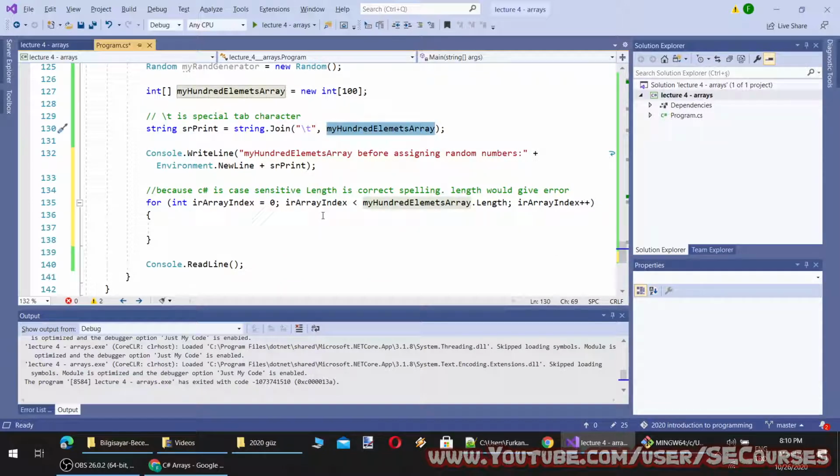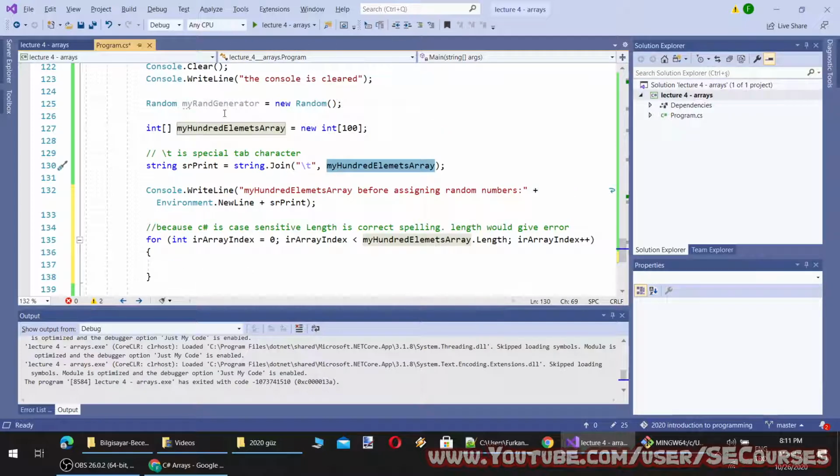Therefore, I can access each element, each index of my array, and I can assign a new random number to it. So let's first generate a random number to see how we do that.